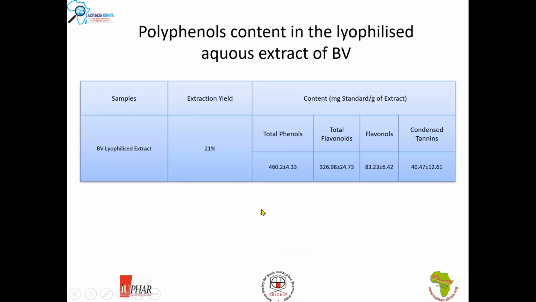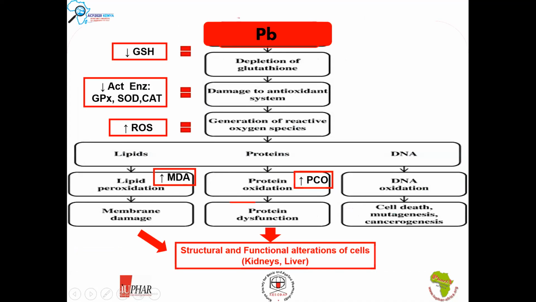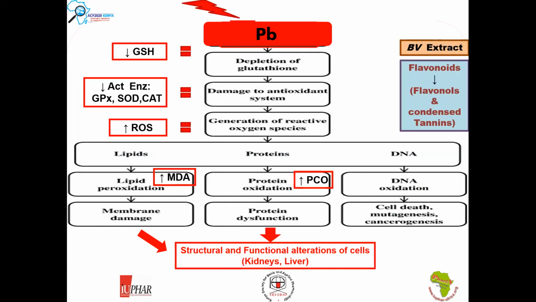The polyphenol content was elevated, especially flavonoids that represent about 70% of the polyphenols, especially flavonols and condensed tannins. As a conclusion, PB extracts that contained a high content of flavonoids, especially flavonols and condensed tannins, fight the side effects of PB by chelating PB in lead